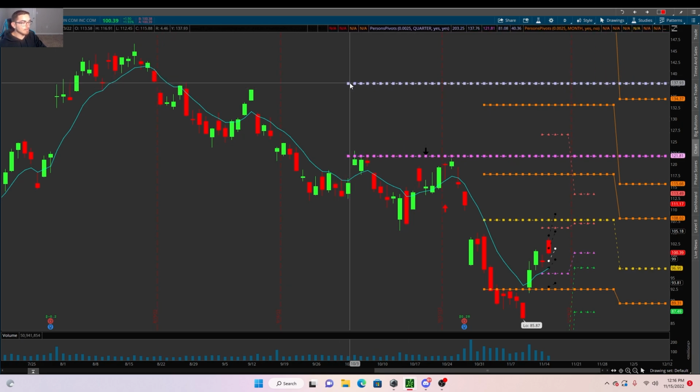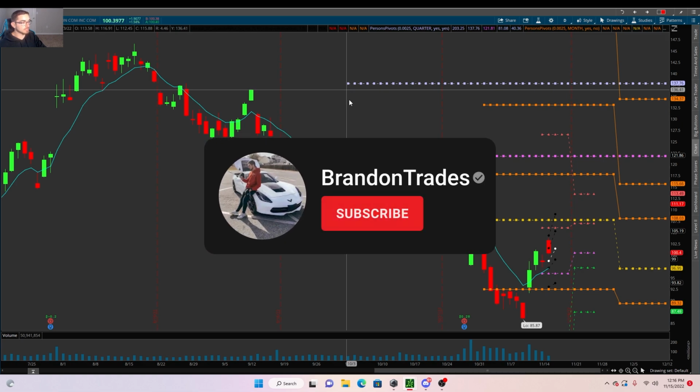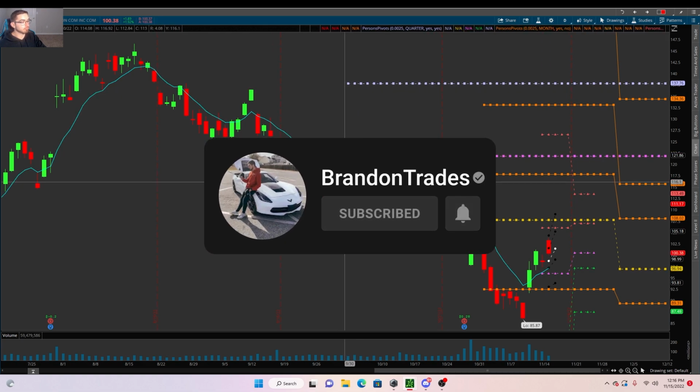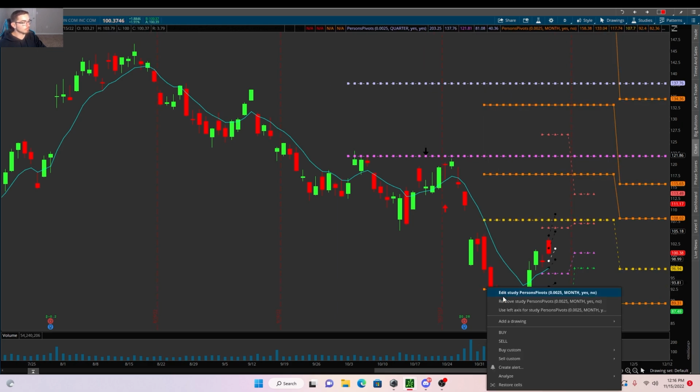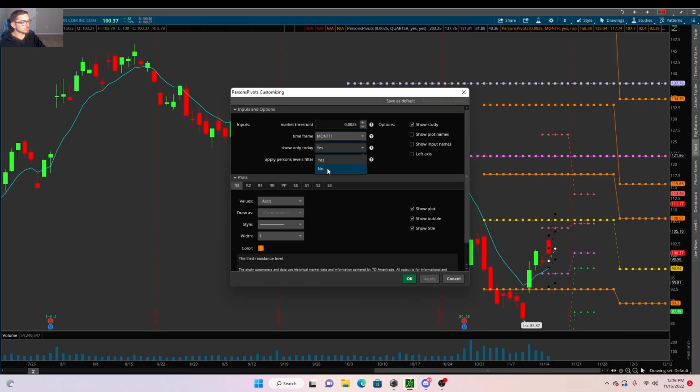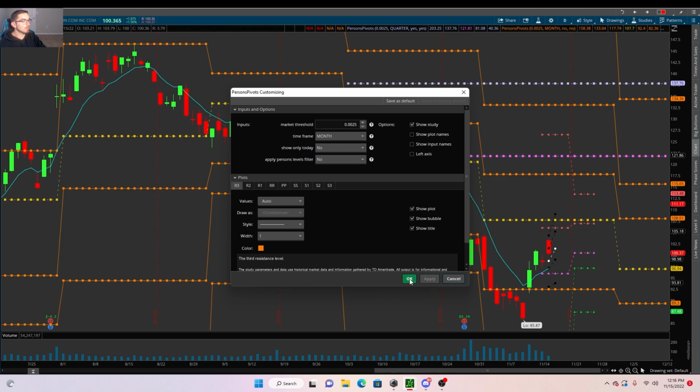So if we're looking at Amazon, as of the close, the end of the quarter, because this is my quarterly right here and this is my quarterly right here, at the close of the quarter, which was this day right here, it predetermined where Amazon's quarterly support and resistance points would be. Well, at the month, it calculated this at the end of the month. So if we were to just put this on and show only today, we put it off,